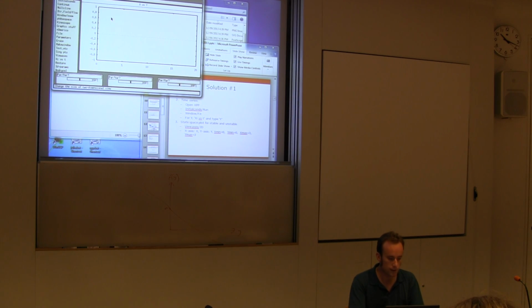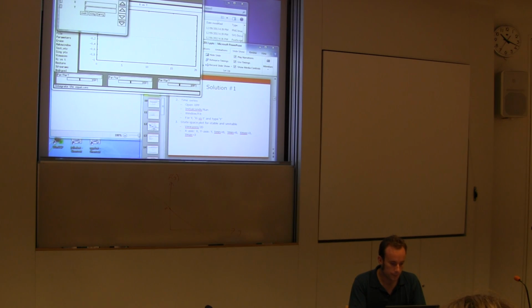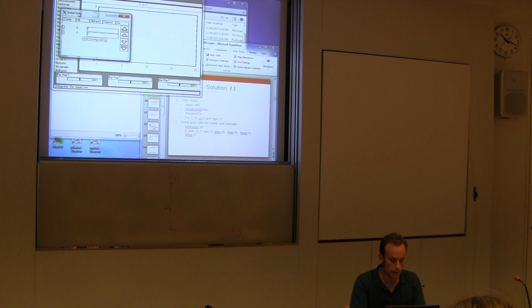You can use the mouse, or you can just use the keyboard to press the letter that's capitalized. So U will get you numerics, for example, P will get you parameters. You can also click on these little buttons up the top here, which will give you another little window where you can enter your initial conditions,